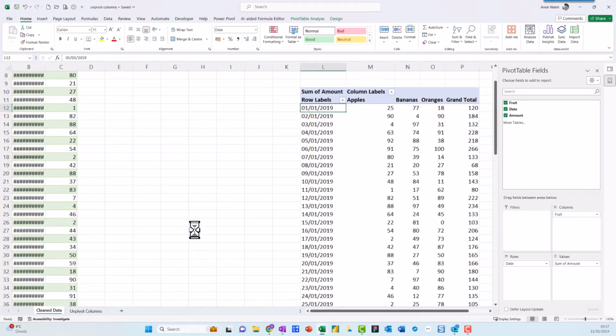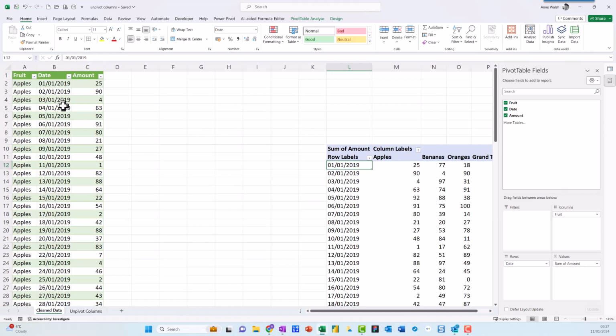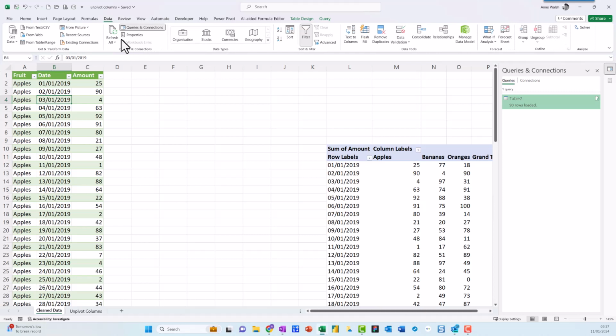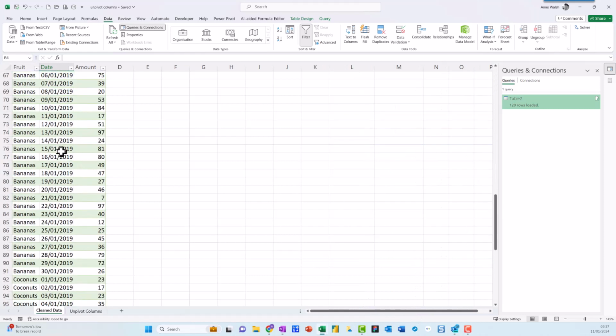Let me just zoom in a fraction. Go across here. You can see it. Widen my column. Now if I come down here, and if you notice when I click into it, I get this new ribbon up here called query. Query. And then what I can do is go to data, and go to refresh. See that I can also use Control Alt and F5. If I scroll down here, or look across here and go down to the bottom,